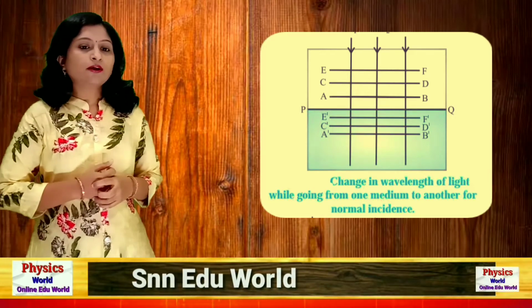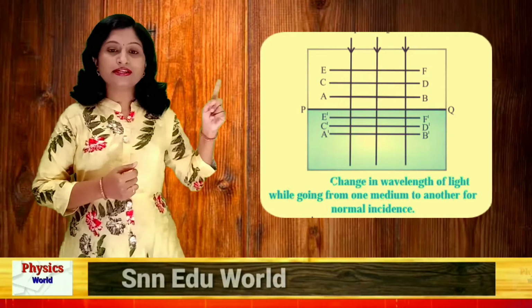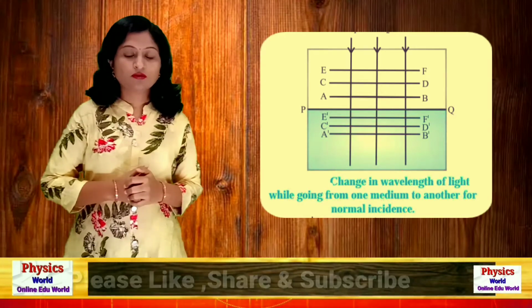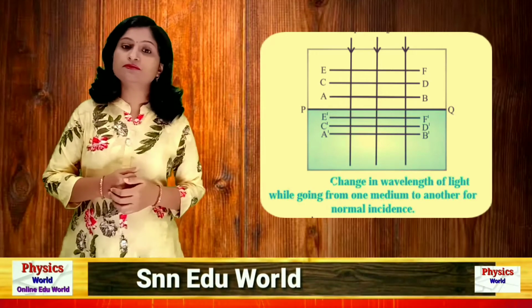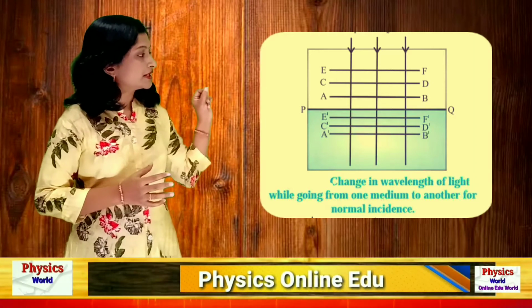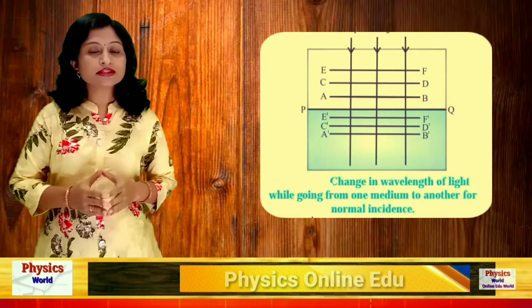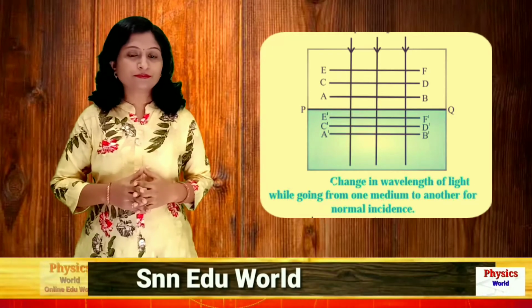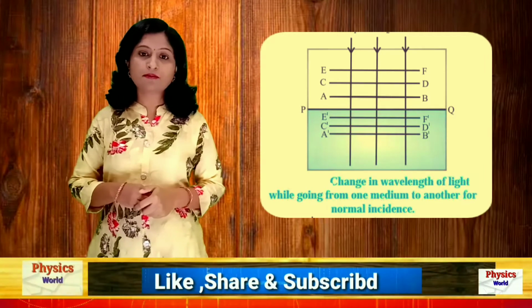Okay, now here the wavefront AB, CD and EF in the medium, first it is represented in the upward direction. Okay, so that parallel to the surface lines, these are nothing but the wavefront in the medium 1. Now observe clearly that these wavefronts are equally spaced and the distance between two wavefronts is nothing but the wavelength of the light in that medium. So let this wavelength in the medium 1 be represented as lambda 1.